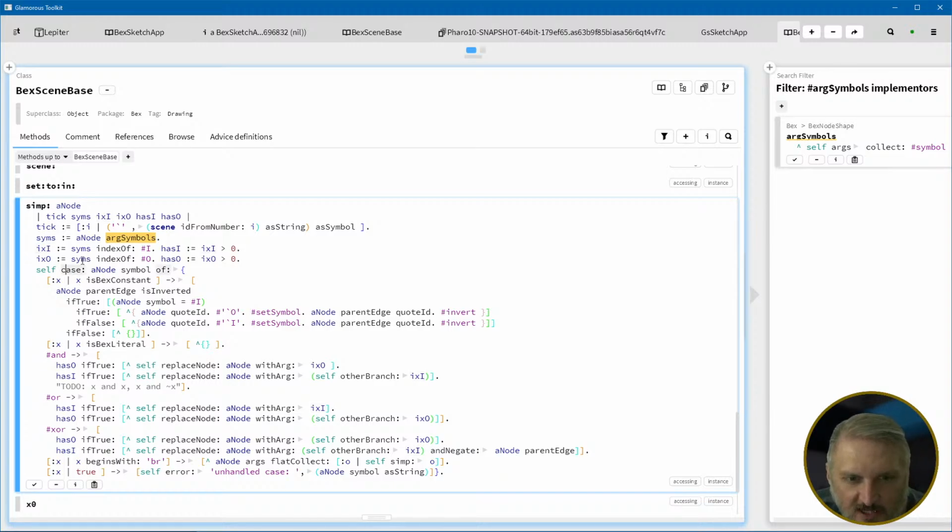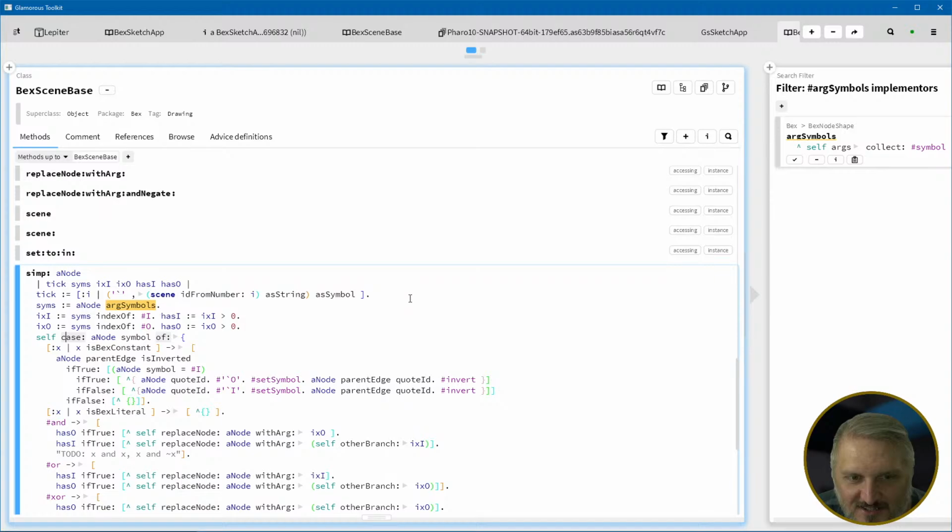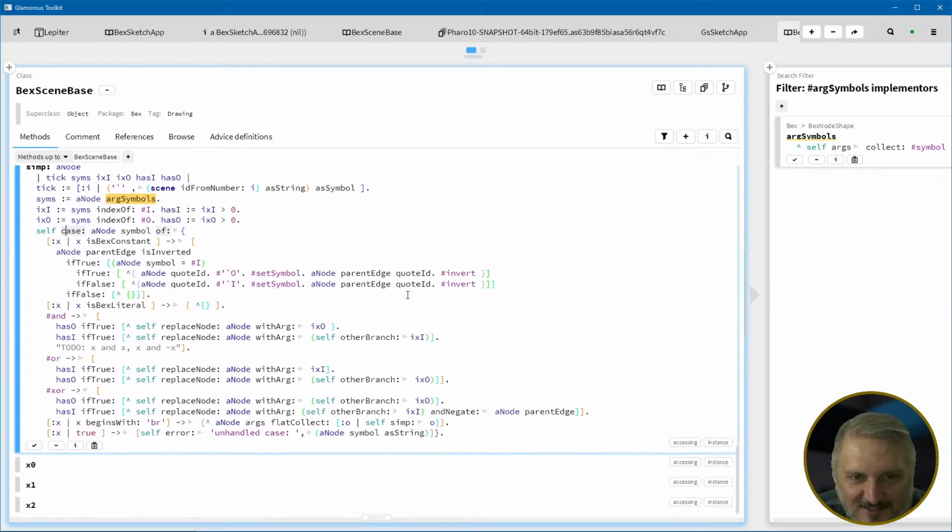All right, so case is something I added to Smalltalk, this Pharo Smalltalk. Smalltalk has never had a case statement, so I felt a little bad adding one. So I called the thing that provides the case heresy. Anyway, case the symbol of, so based on the symbol, what do we do? And then we pass it in a dictionary. And so if it's a constant, so if it's I or O,